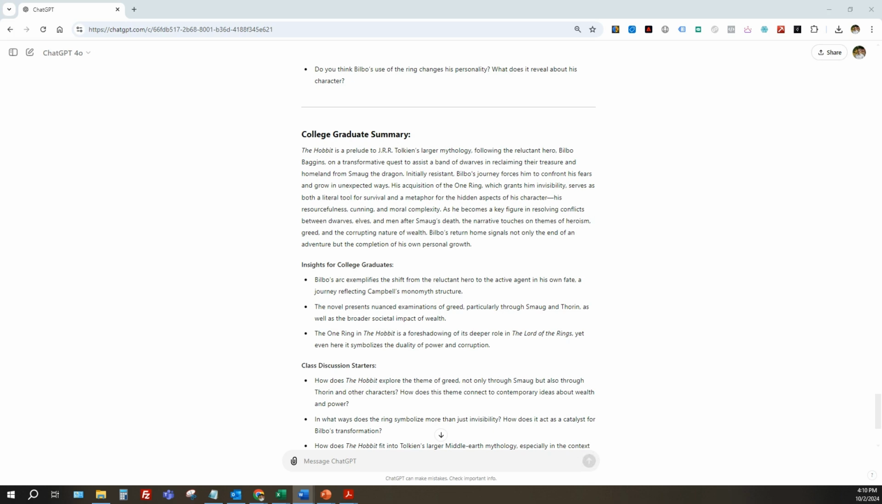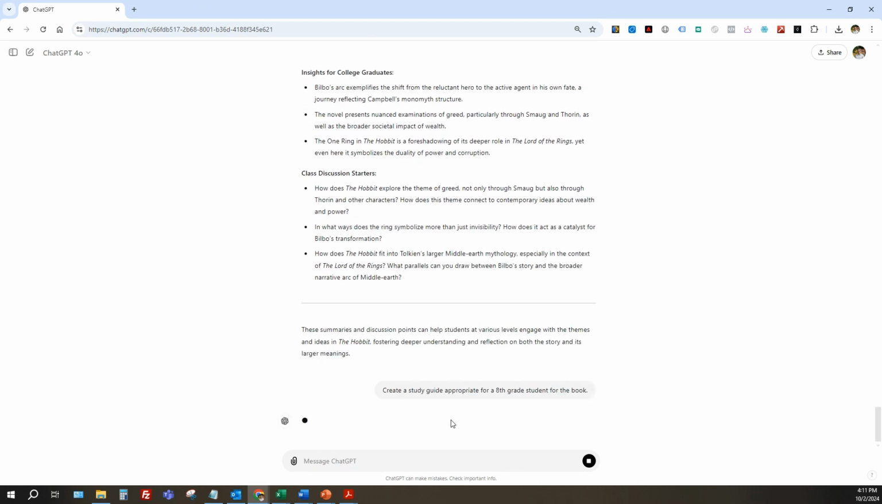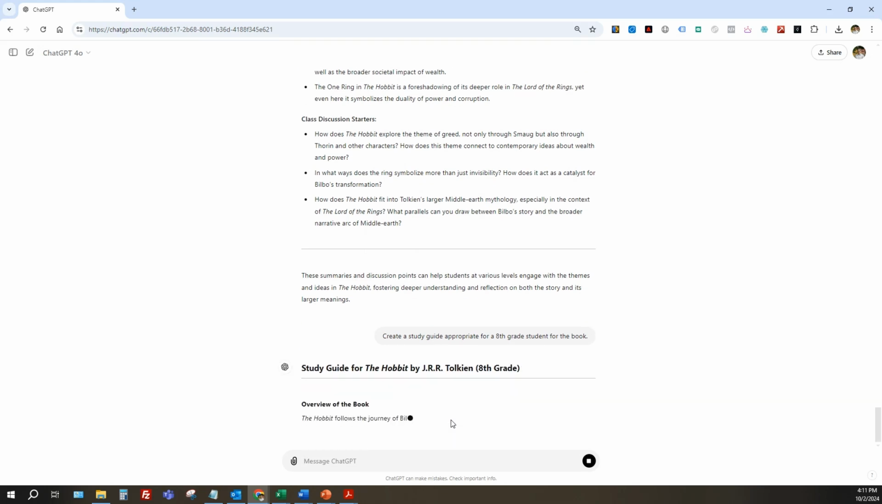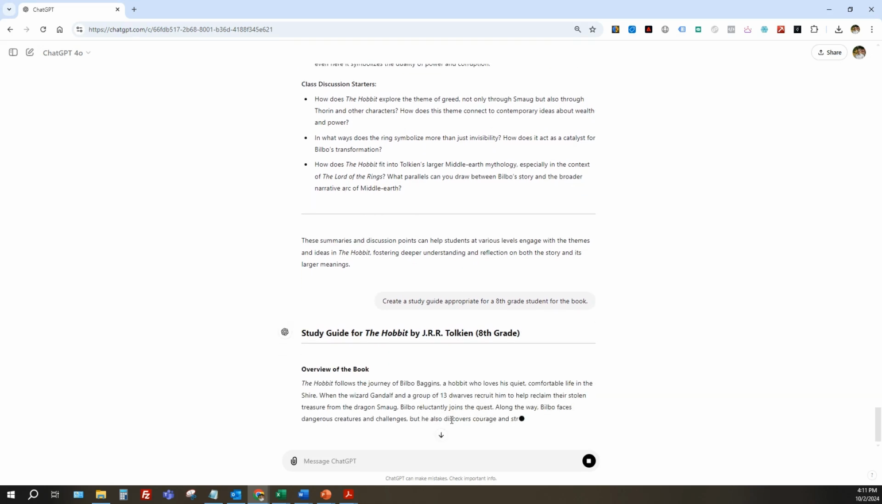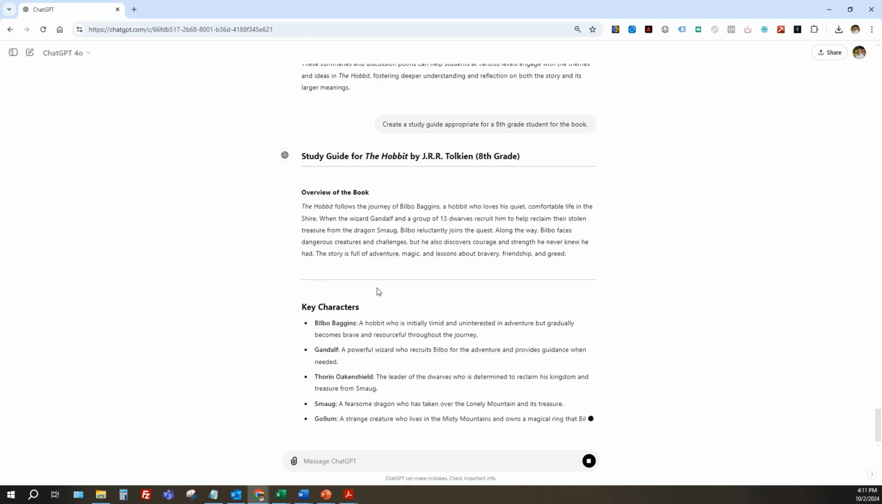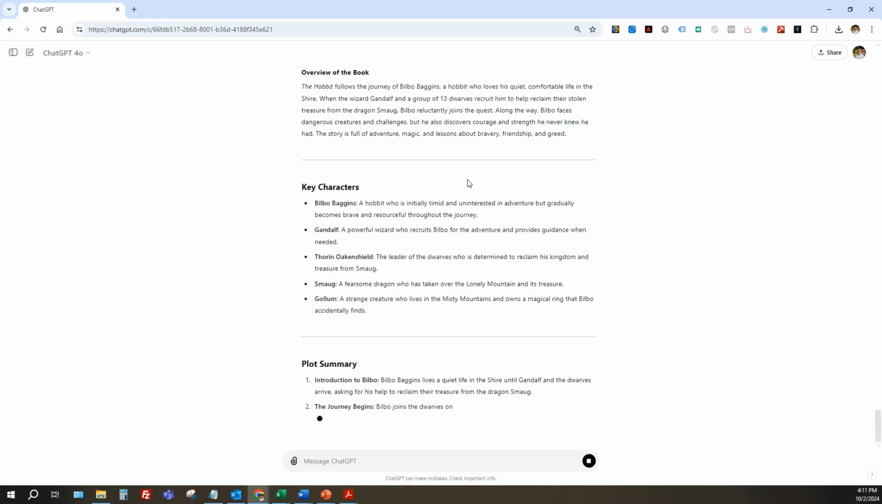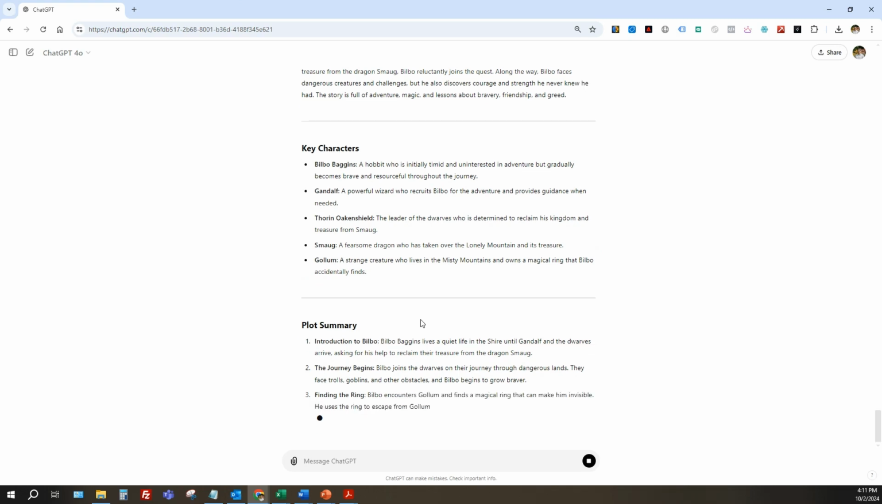One last prompt here that I think would be incredibly useful for studying is to ask Chat to create a study guide appropriate for, in this case, 8th grade students of the book. You could do this for whatever grade level you are. So in this case, Chat is creating an in-depth study guide, including key characters, an overview of the book, plot summary,